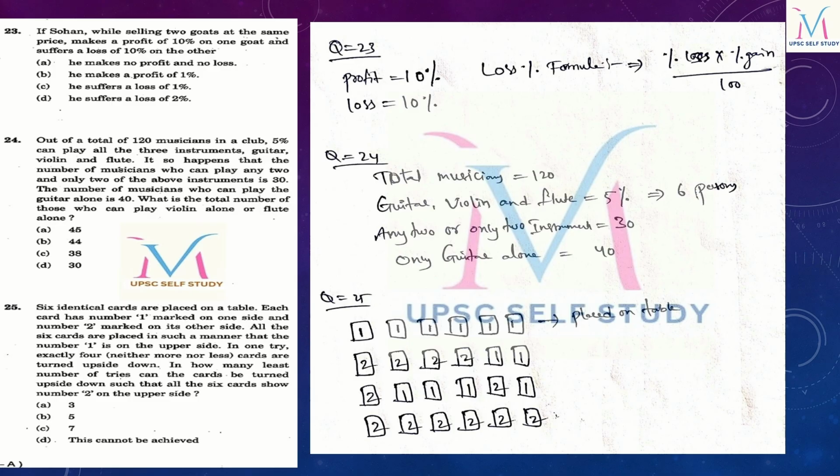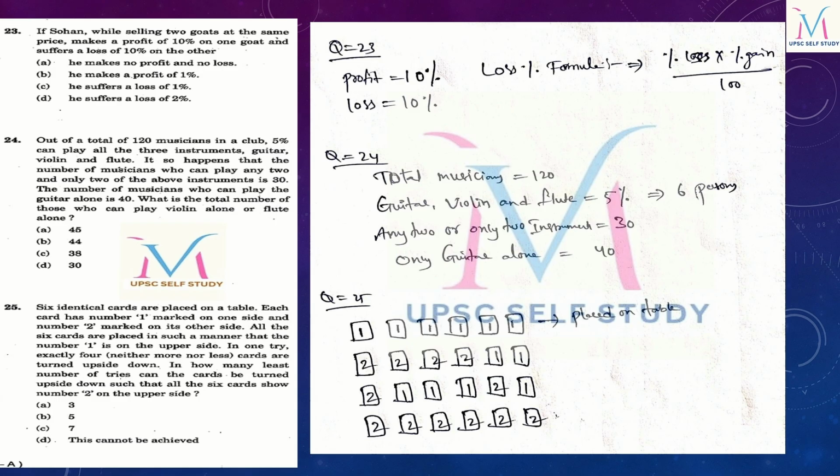Okay, if you look into the explanation part, the profit is 10% and the loss is also 10%. So the loss percentage formula is equal to percentage of loss into percentage of gain by 100. So if you want to calculate the loss in terms of percentage, then you can use this formula: percentage of loss into percentage of gain by 100. Okay, so